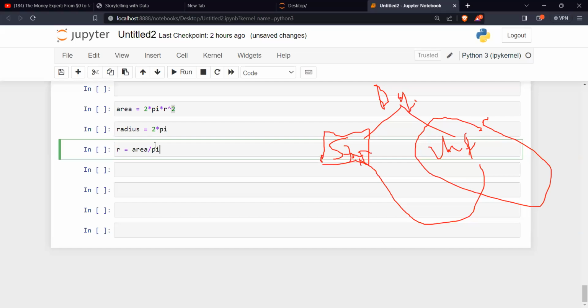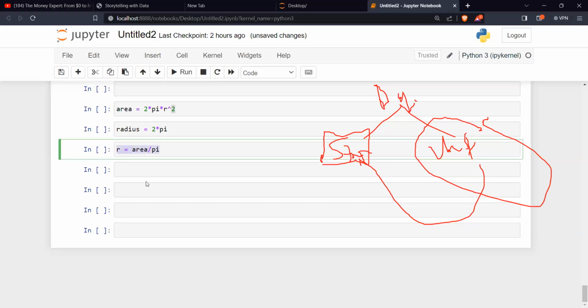So the radius is the square root of area over pi. We don't have a 2 in the area, it's the circumference that has 2.